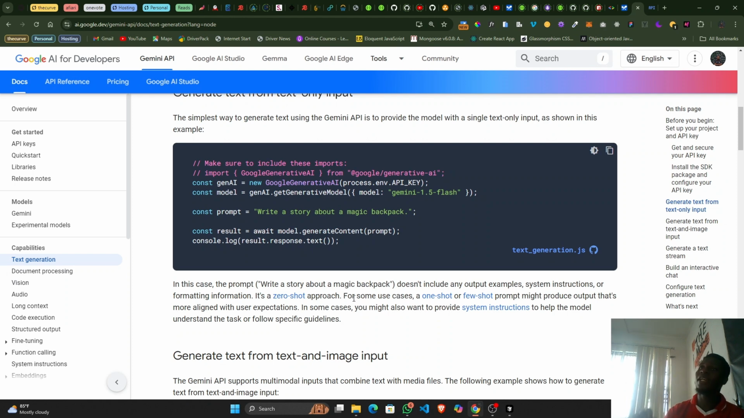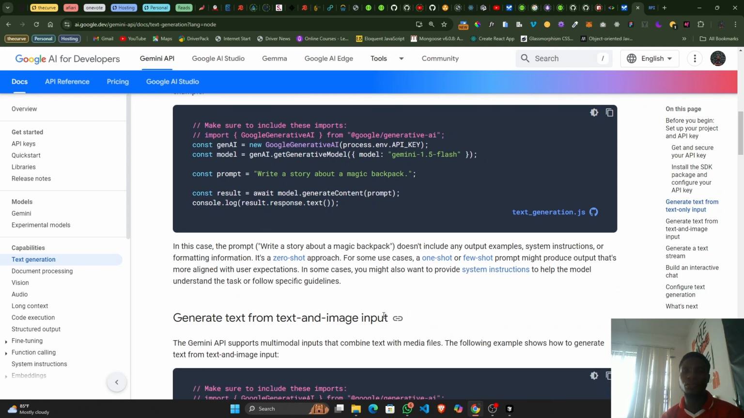You give me 2 examples of. So these things are the way to determine how you get your responses. Okay, but in the one we have here, it's a zero shot approach. In some cases, you may also want to provide system instructions to help the model understand the task or follow specific guidelines, and we use that to create chatbots. Okay, the chatbot needs to have guidelines, right? It needs to know what